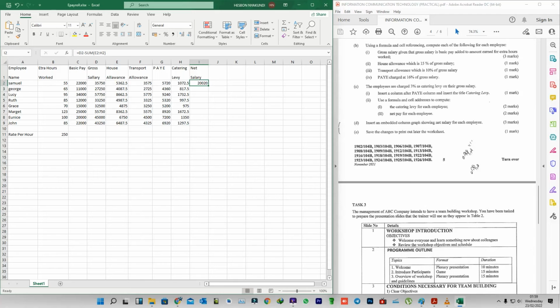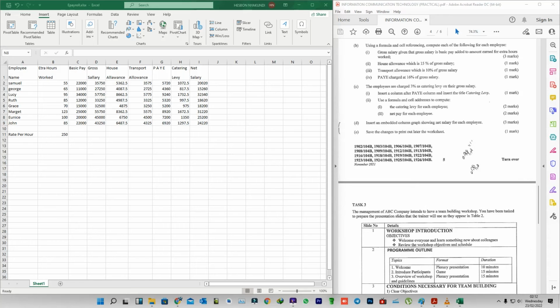So the formula also repeats itself for the rest. So by doing that, you'll be done with part C. So we go to part D,